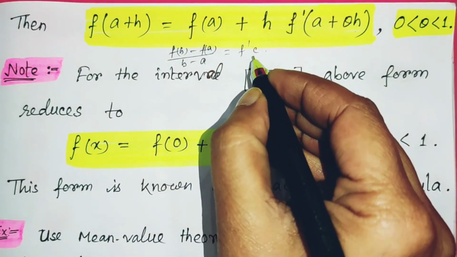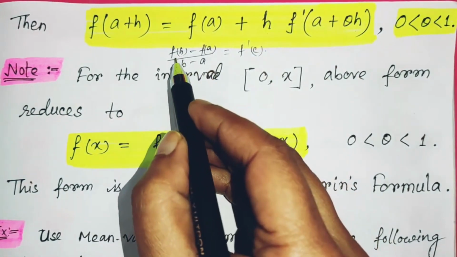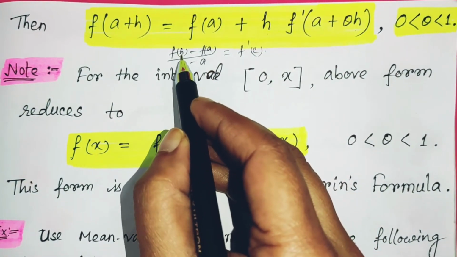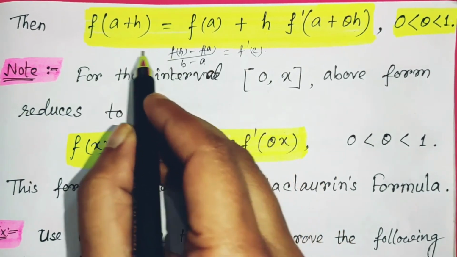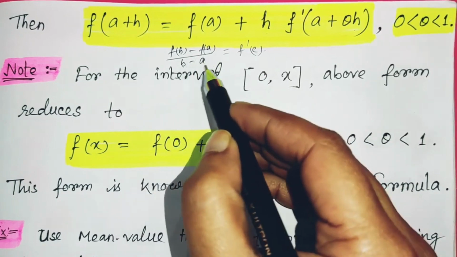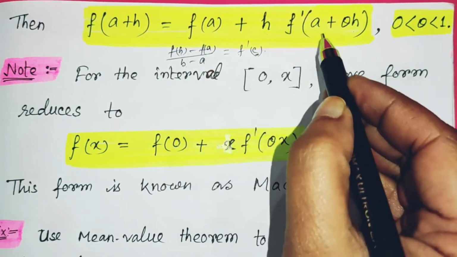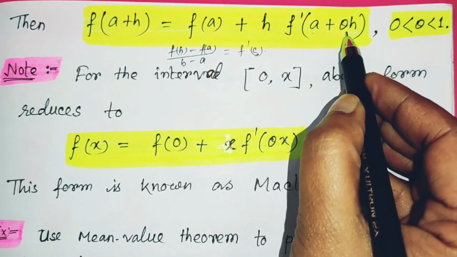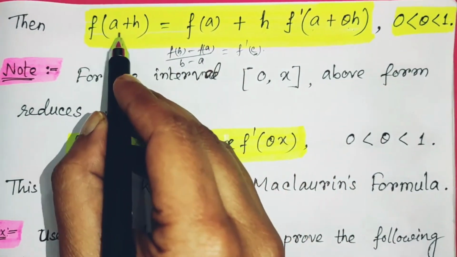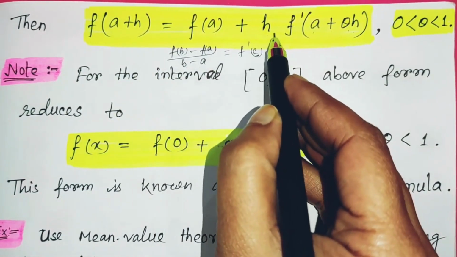That one is equal to f dash c. Now, what happens here? In f of b, instead of b we substitute a plus h, so we write a plus h here also, so it is only h. So that h, if we multiply, we will find this term. Instead of c, we substitute a plus theta h. Now we can write f of a plus h is equal to f of a plus h into f dash